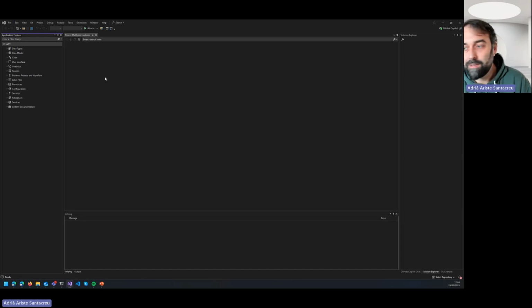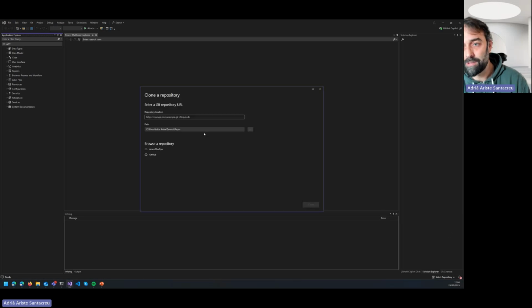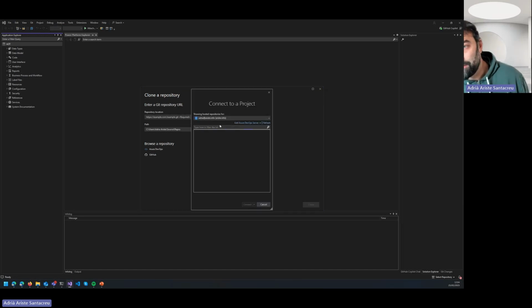And first of all, I will clone the Git repo. So if I go to select repository, and here in clone repository, and now I will select Azure DevOps because it's on Azure DevOps, and it will log in with my account. So here it is. I just clone it. You can see that it's cloned